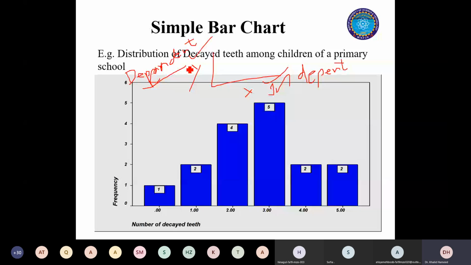So you can choose 6 months, 8 months, nothing. But as far as the number of disease cases is concerned, you cannot simply control them. You cannot say that on this day I will have more cases, on this day I will have fewer cases. You do not have any control on the dependent variable.